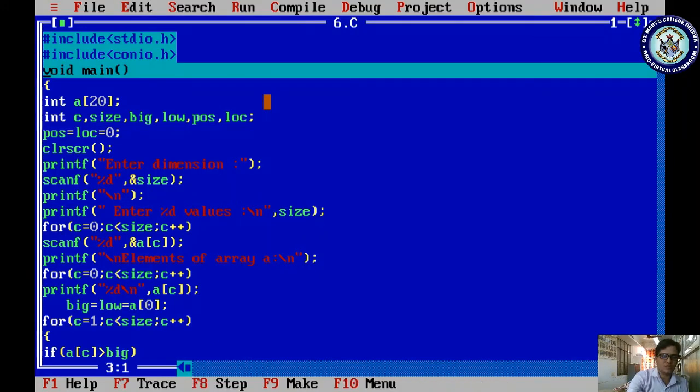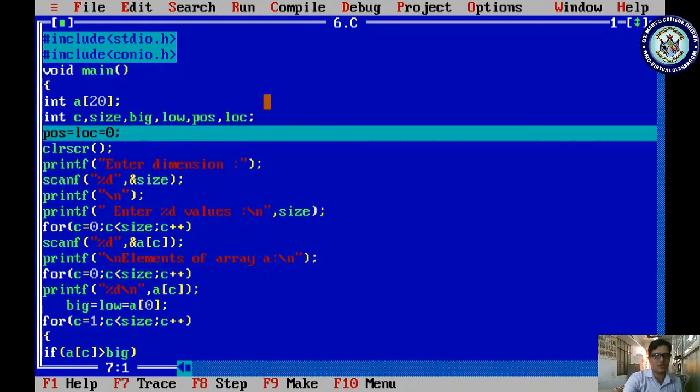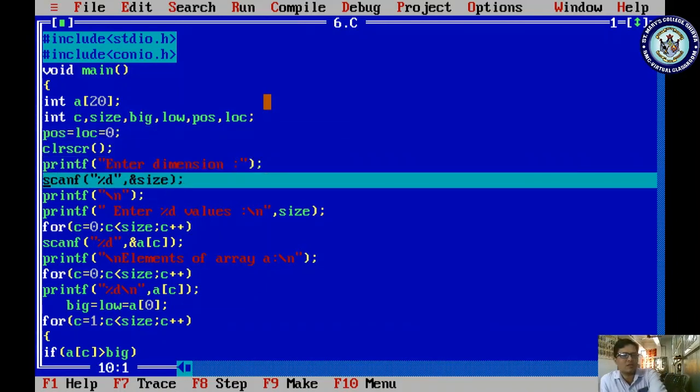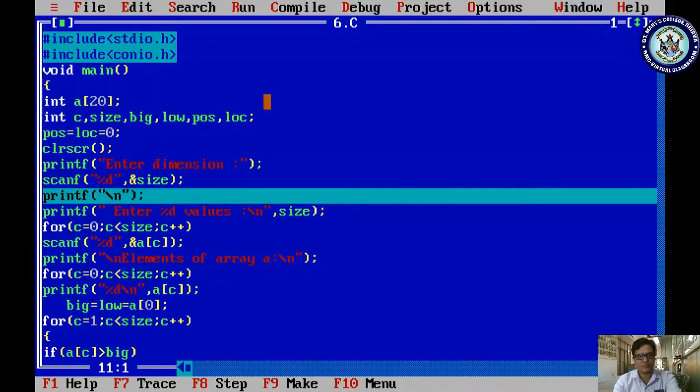If I press the F7 key, first it will take the variable declarations and initializations, and it is asking for the dimension, the size. Now I am entering the size as 5 and we have to enter 5 different values, right?